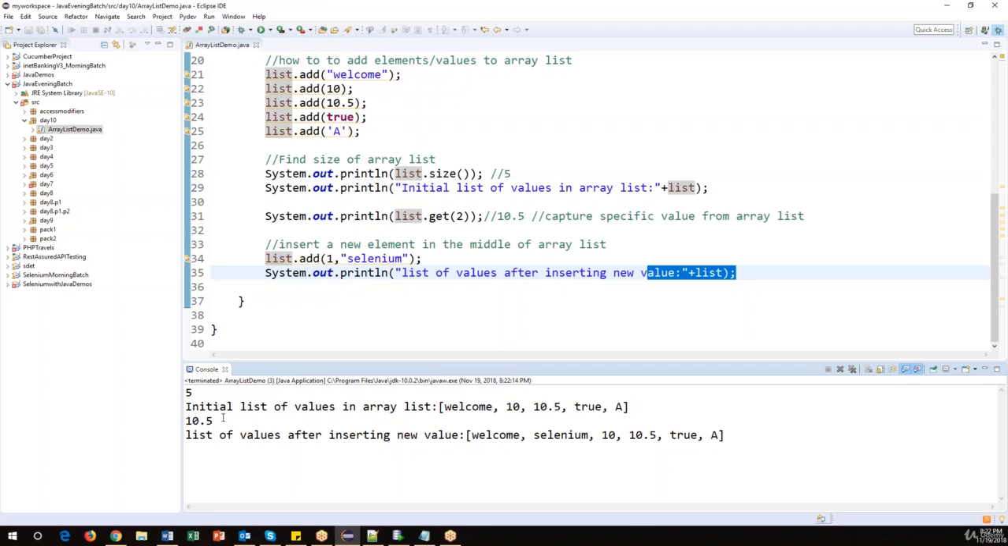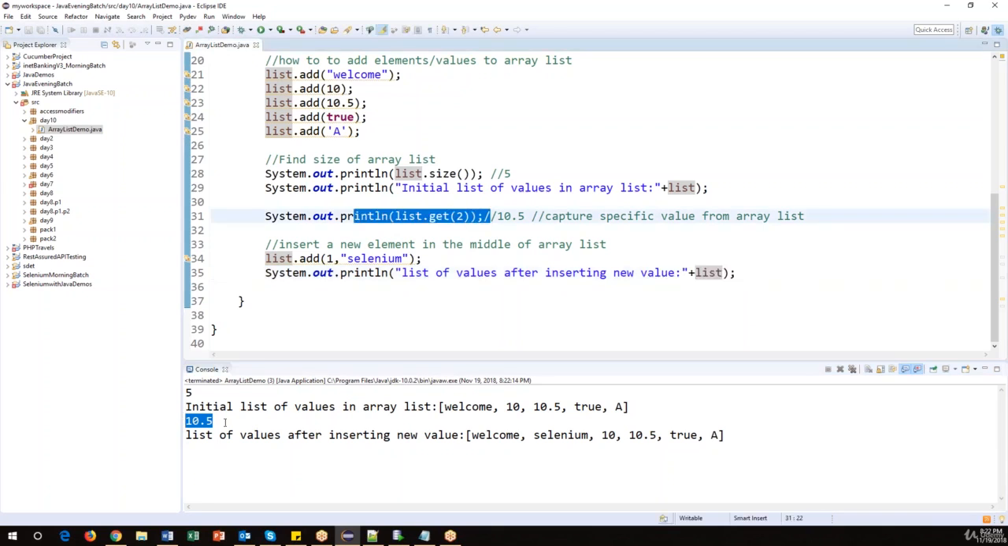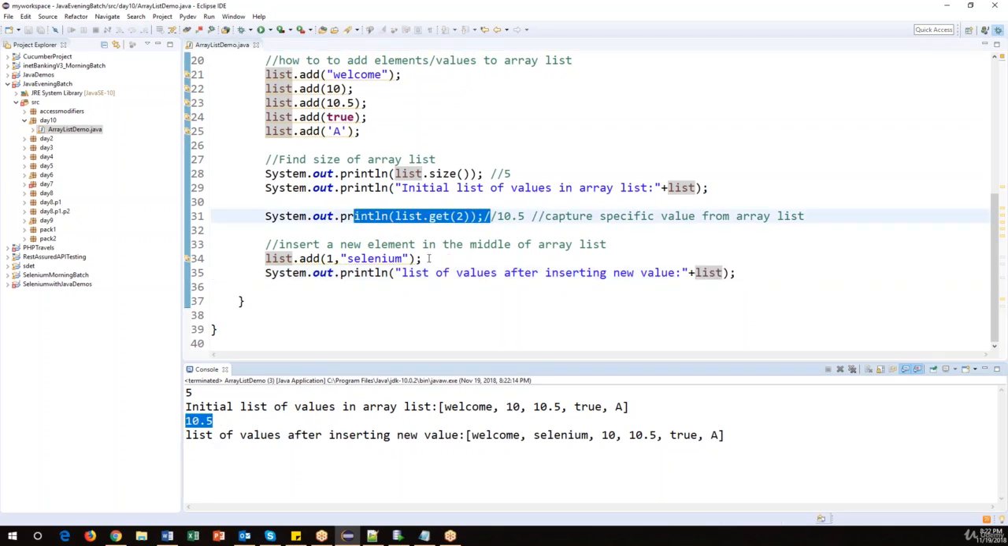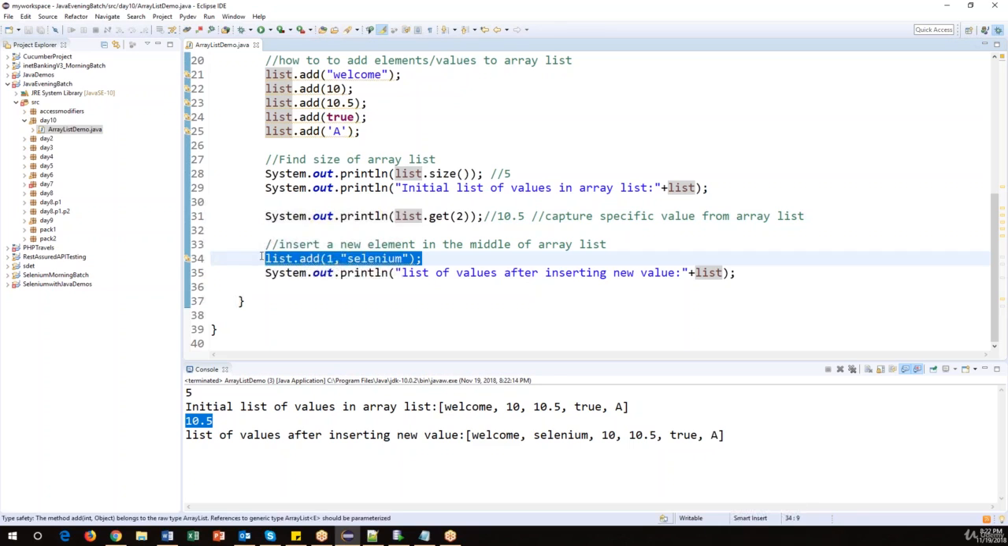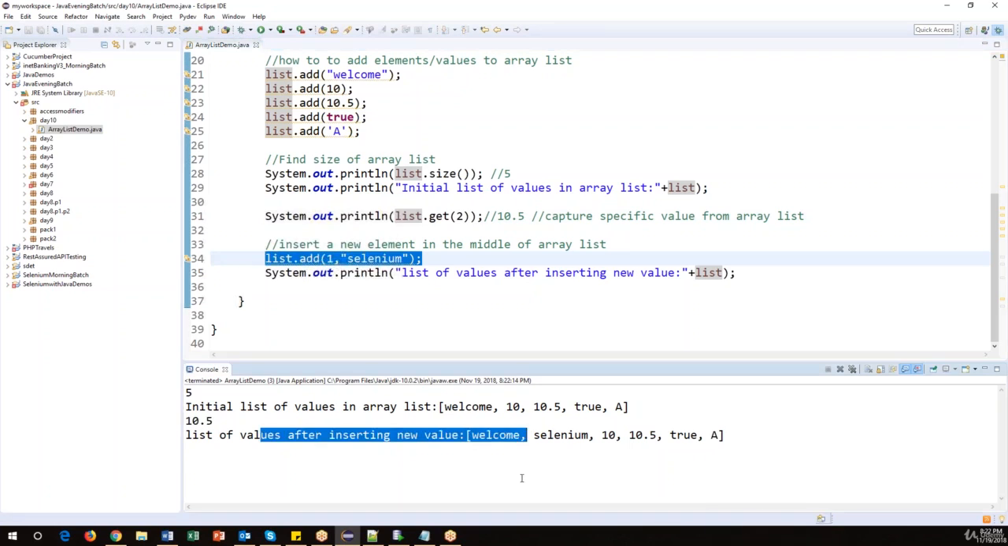And 10.5 is the value we got here, the second position, printed here. And now after insertion of this value at the first position, we can see the list of values. In this, first position means second position because index starts from 0. So now Welcome is 0, Selenium is 1, and the rest of the values are still present and moved